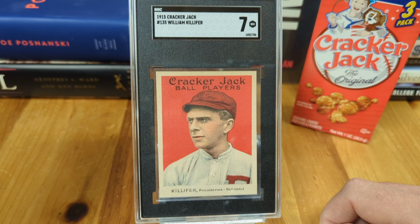So long story short, with Bill Killefer, his main claim to fame, I guess you could say, was that he was the battery mate. He was a catcher. He was a fairly light hitting catcher, not a completely inept weak hitter, but not a power hitter or a big hitter by any means. He's more like a .240, .230, .250 kind of hitter, singles and doubles mostly, and it was the dead ball era. He was the battery mate for Grover Cleveland Alexander,